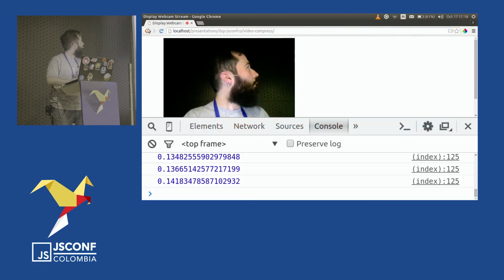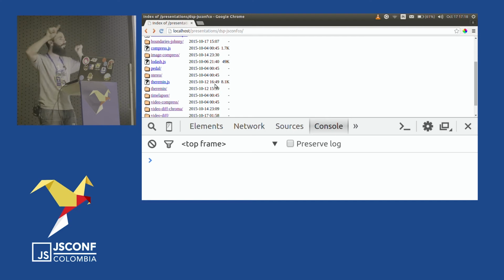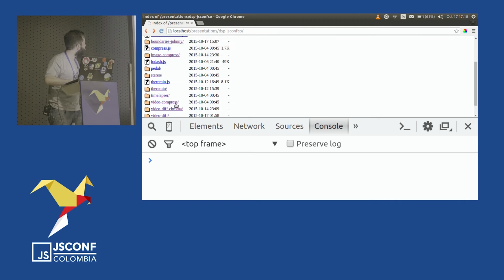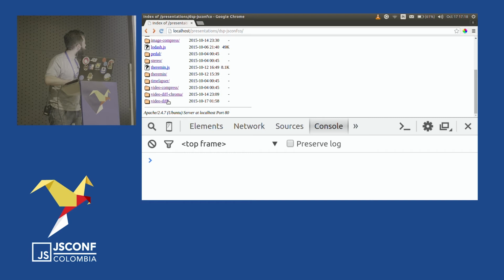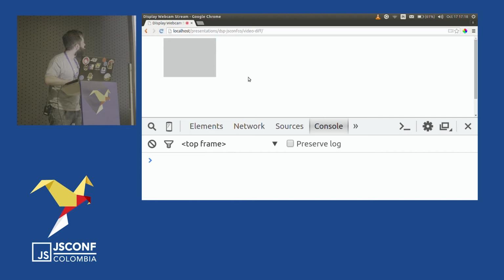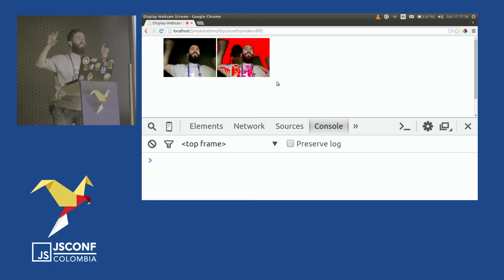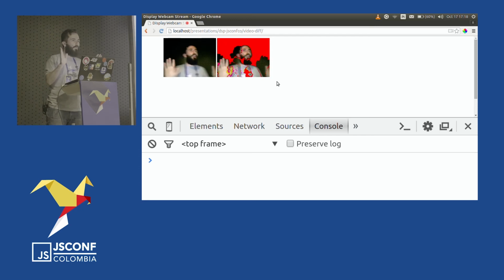So if I'm not moving, I can send just the parts that are changing and keep the other parts from the previous frame. Here's a video diff: this is the normal canvas, and I'm painting red the parts that are not changing. If I stay quiet, nothing will change, and I don't need to send any updates to the people I'm talking to. Let's stay quiet for a moment.